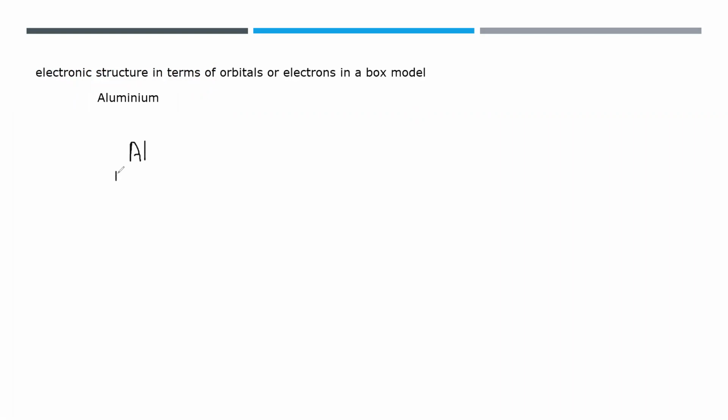So if you have aluminium, which is 13 and 27, so if we arrange them, as we know, the electronic structure or electronic configuration, it is 1s, then 2s, 2p, then 3s, 3p, 3d, 4s, 4p, 4d, 4f, 5s, 5p, 5d, 6s, 6p, and 7s. In terms of arrows, when we represent,